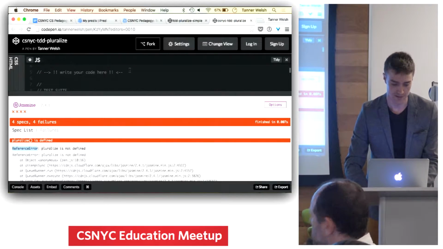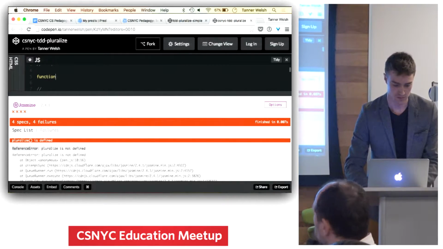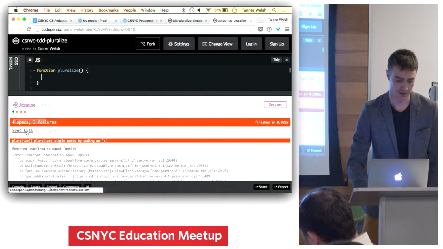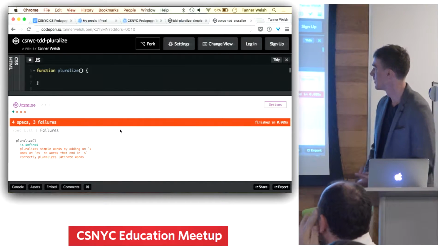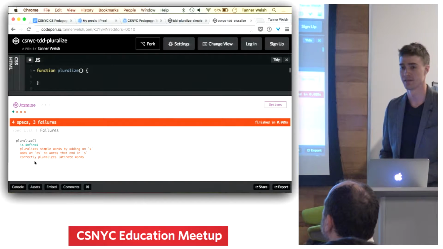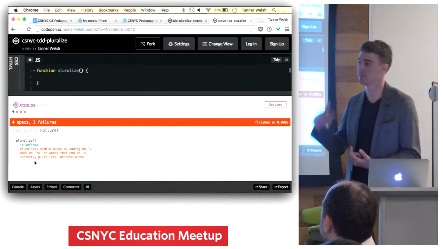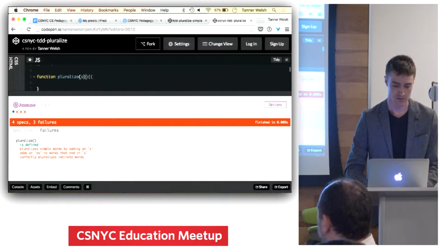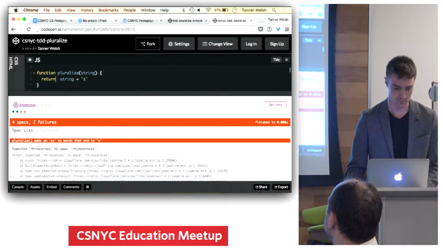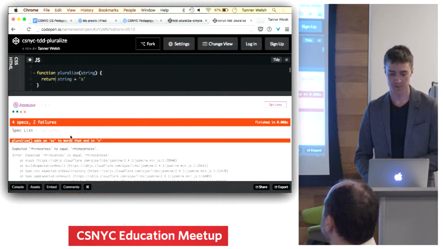And as I start actually solving this code, the tests will run again, and now I've got one passing. I can see the list of specs here. It indents it nicely, so I can see pluralize is defined, that's green, and the ones that are red are still failing. And as I go through, I get this nice feedback loop of solving additional tests, which makes more things go green. Now the second one's passing,